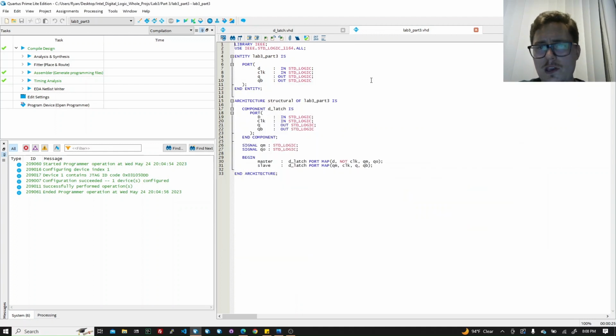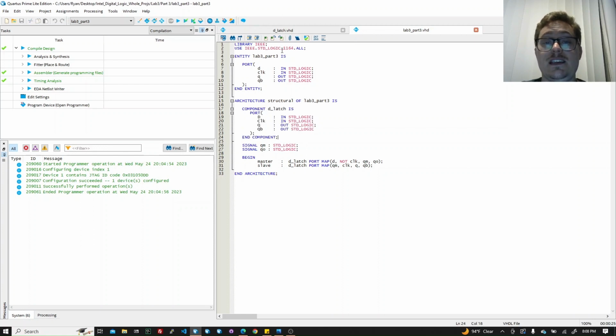But here's the VHDL code. I did not do this in Verilog, and frankly, it's not difficult to bring this over to Verilog. I could probably type this up in just a minute, but I did not do it because I'm running low on time this evening. But aside from this, we can see that we declare a D-latch component in our VHDL,